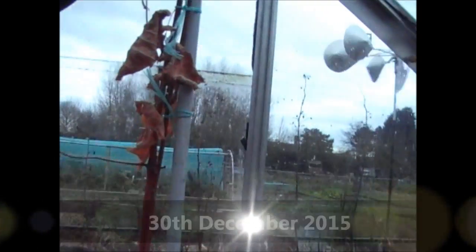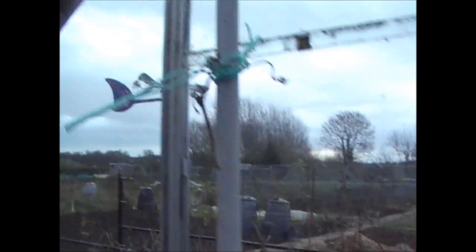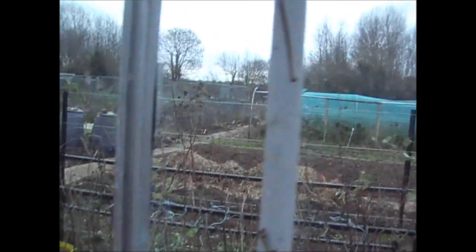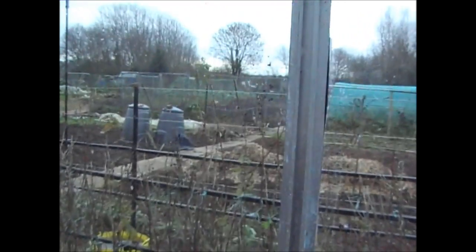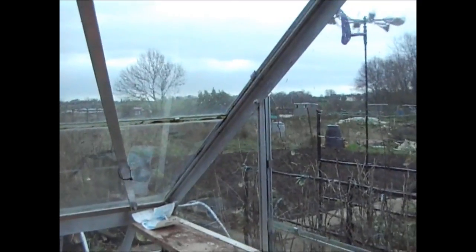Well, I don't know if you can hear it, but the wind is absolutely blowing through. The allotment's something chronic at the moment. It has actually calmed down over the past 10 minutes. But this is the exact reason why I don't put a polytunnel on the allotment, because this wind basically destroys anything like that. It's only just about the greenhouse copes, but I'll take you outside. You're not going to be able to hear me very well. Well, as you can see,